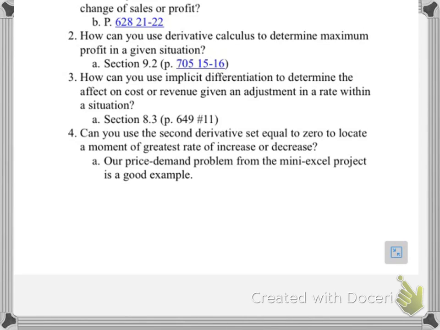All right, you guys, this is the last of the review problems that we have. I think number 4 on the bottom here, if you want to watch, I'll include it when I'm describing the Chipotle portion or the price demand portion of the extra credit that I sent you guys, the Excel mini project extra credit. I sent out one for part 1. So if you want to look at that video, that's enough to help you answer number 4,